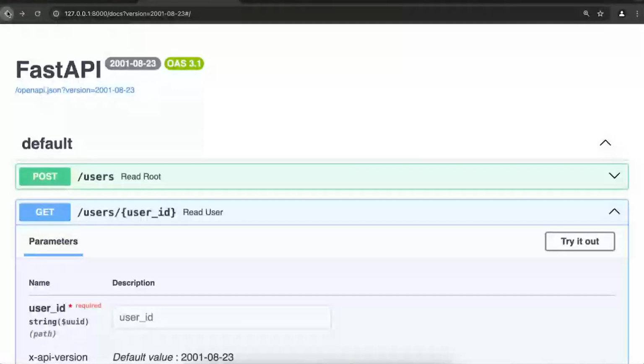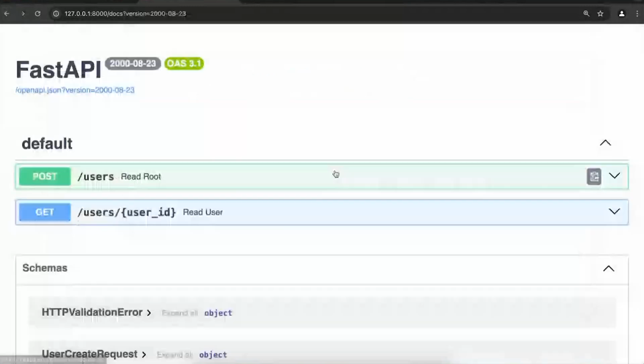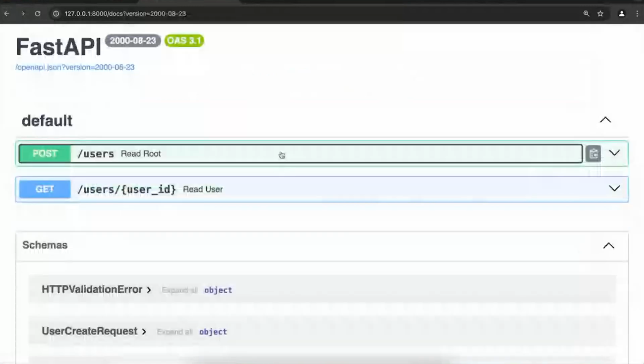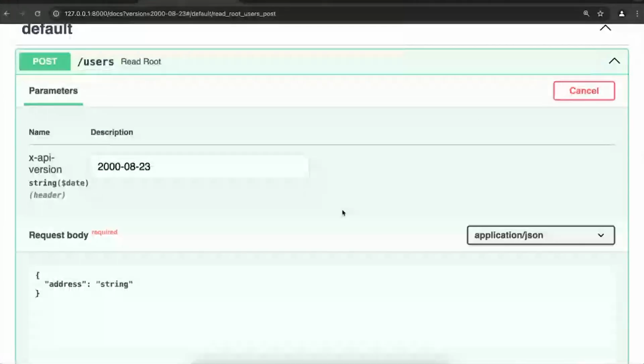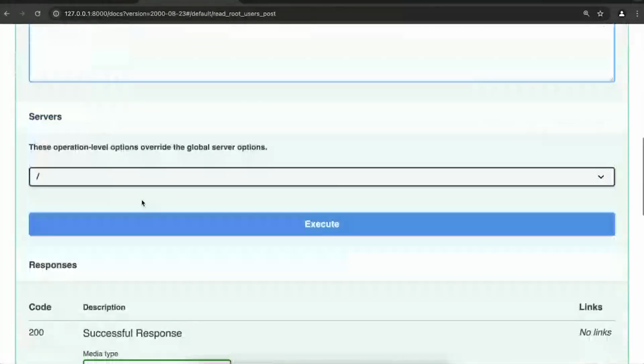The cool thing about them is that you can have as many of them as you want, and it's probably not going to affect your performance at all, while at the same time providing you with all these benefits that we described earlier. Now, let's try that. Let's create a user on the old version. Okay, 123 Street. Boom.